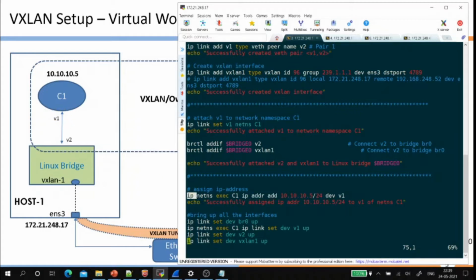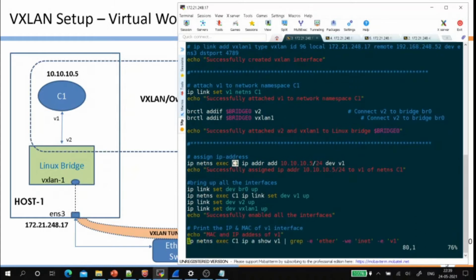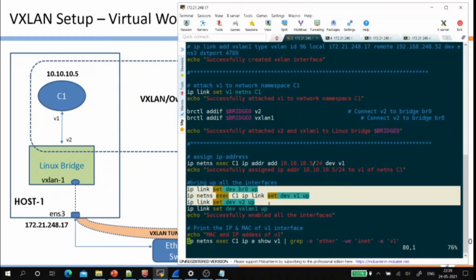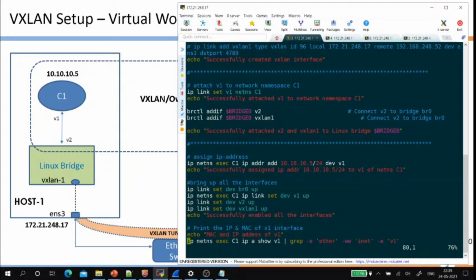If you carefully observe, we use the ip netns exec command to execute the following command in this particular microcontainer or container. So finally, we bring up the interfaces V1, V2, the Linux bridge interface as well as the VXLAN interface.